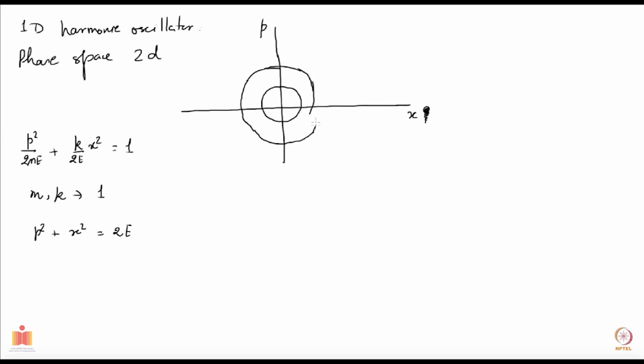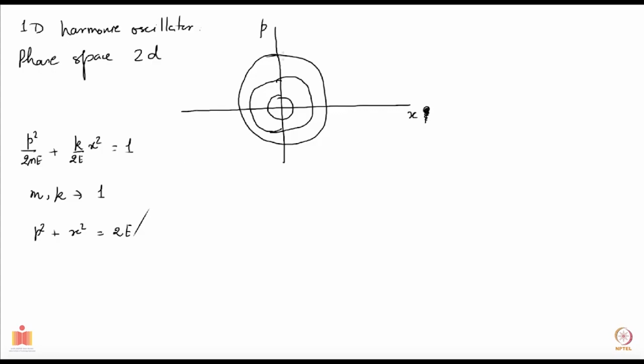These are not very circular things which I am drawing. Let me draw again. So you have one circle here, which corresponds to some energy. This corresponds to a little higher energy. Depending on how much total initial energy has been given to it, your system will be moving along one of these circles. So your entire system is denoted by one point. At a given time, it will be somewhere, and as time changes, that point is going to move.